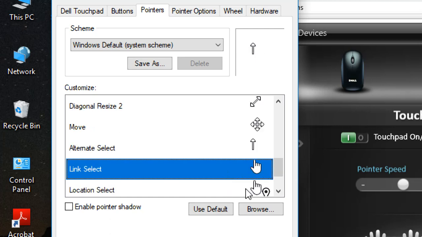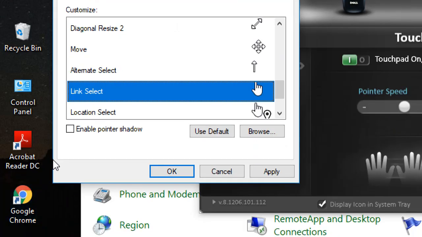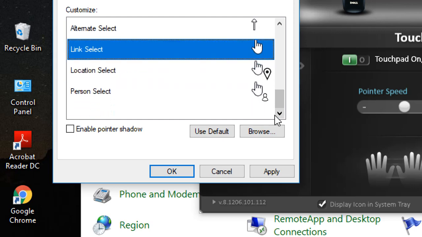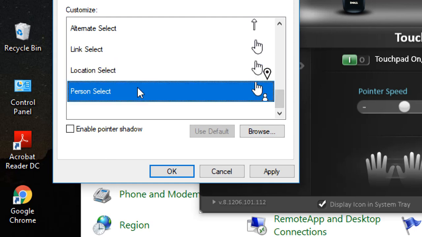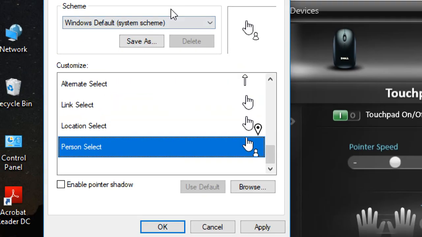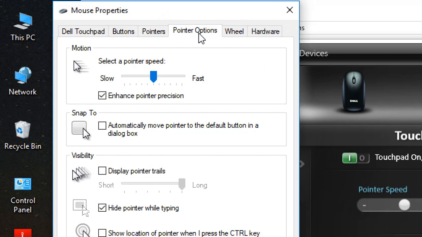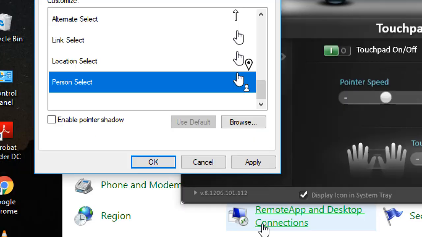Alternate selection and link selection. Do you know, right now I am in the mouse, date and time setting, when I click on change calendar setting, the blue line, right, at that time which mouse pointer changes into what? My hand, right? So it will show you the link selection. You are going to select the link. Location selection, suppose GPS is being used, then at that time with the hand, this GPS option also comes, showing you the location selection. Person selection, understood all these pointers? If you want to change anything, then you can change and click on apply.